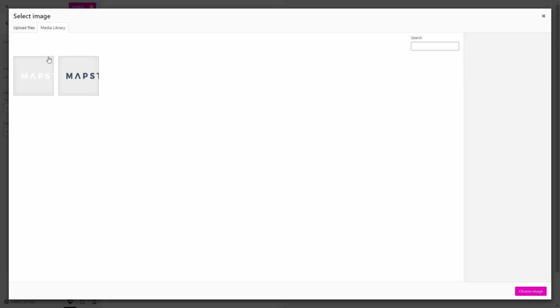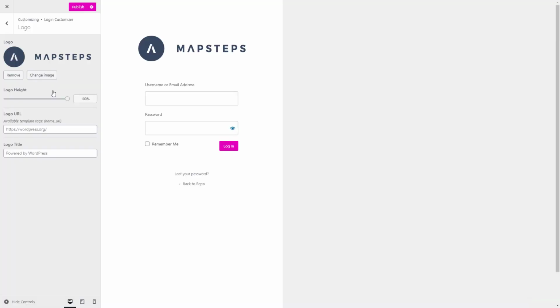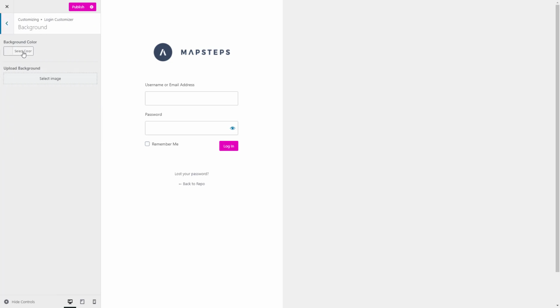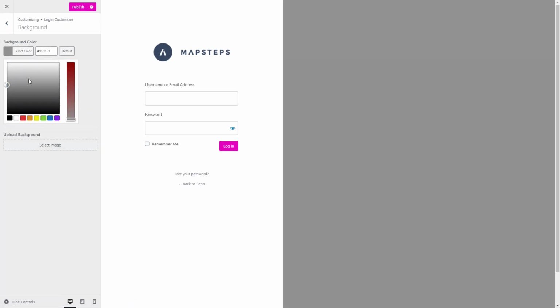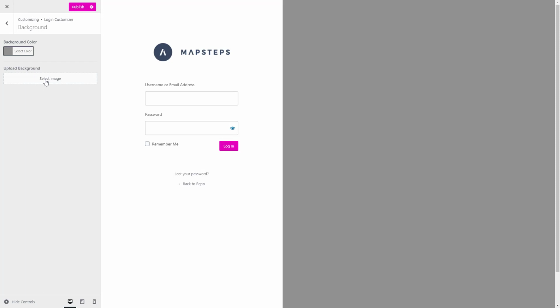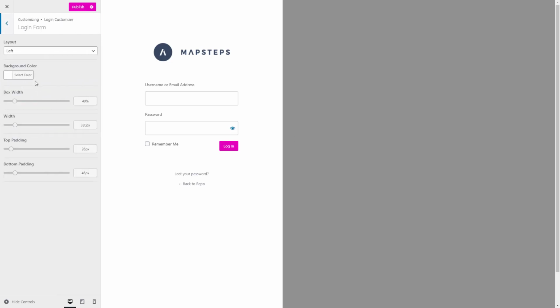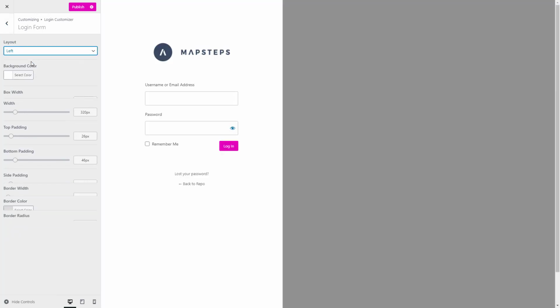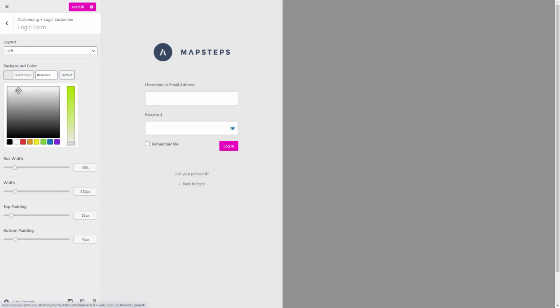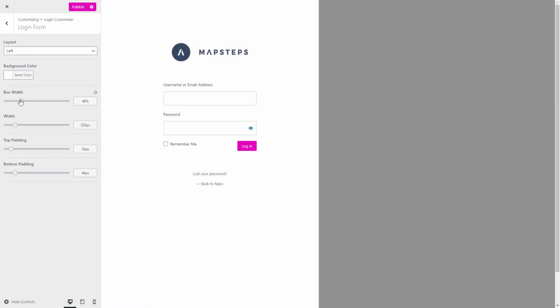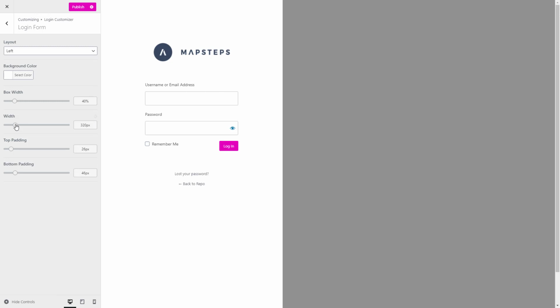We can, of course, upload our logo again, change the size of the logo URL, logo title, all that kind of stuff. Set a background color or upload a background image, which I don't think I have one here that would fit, but you get the idea of what you can do. You can tweak the login form. This is the layouts again here. Background color, box width of the actual form,